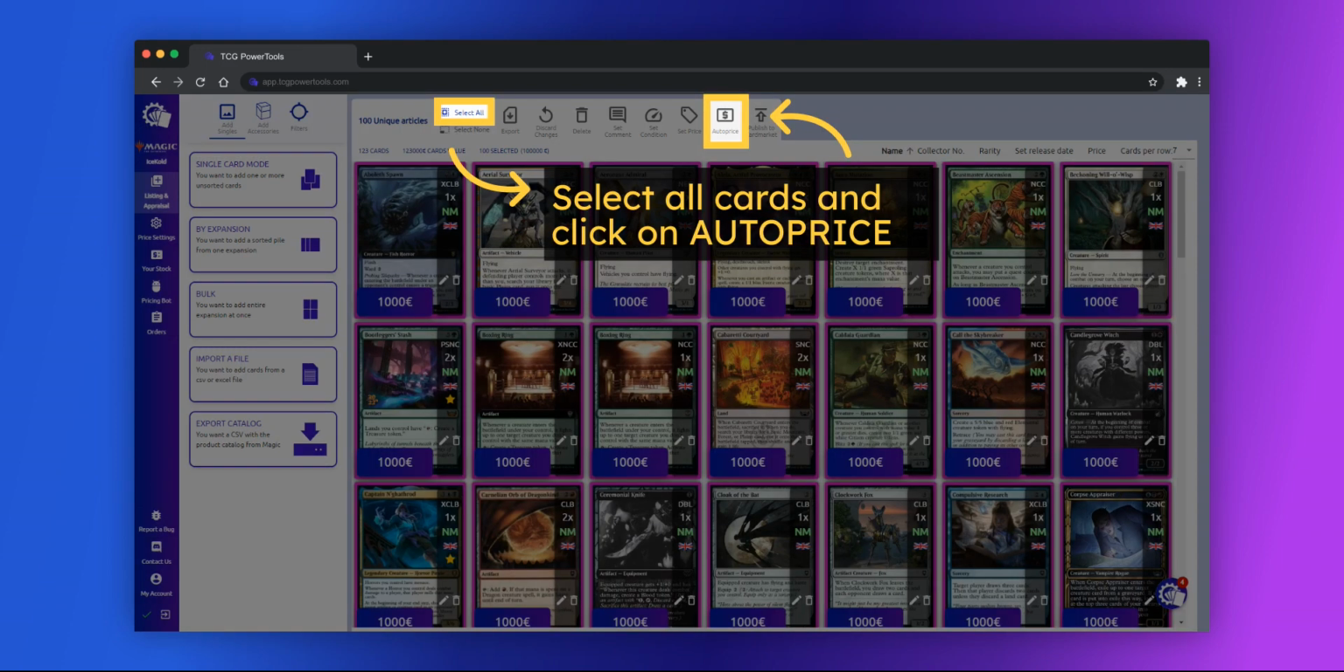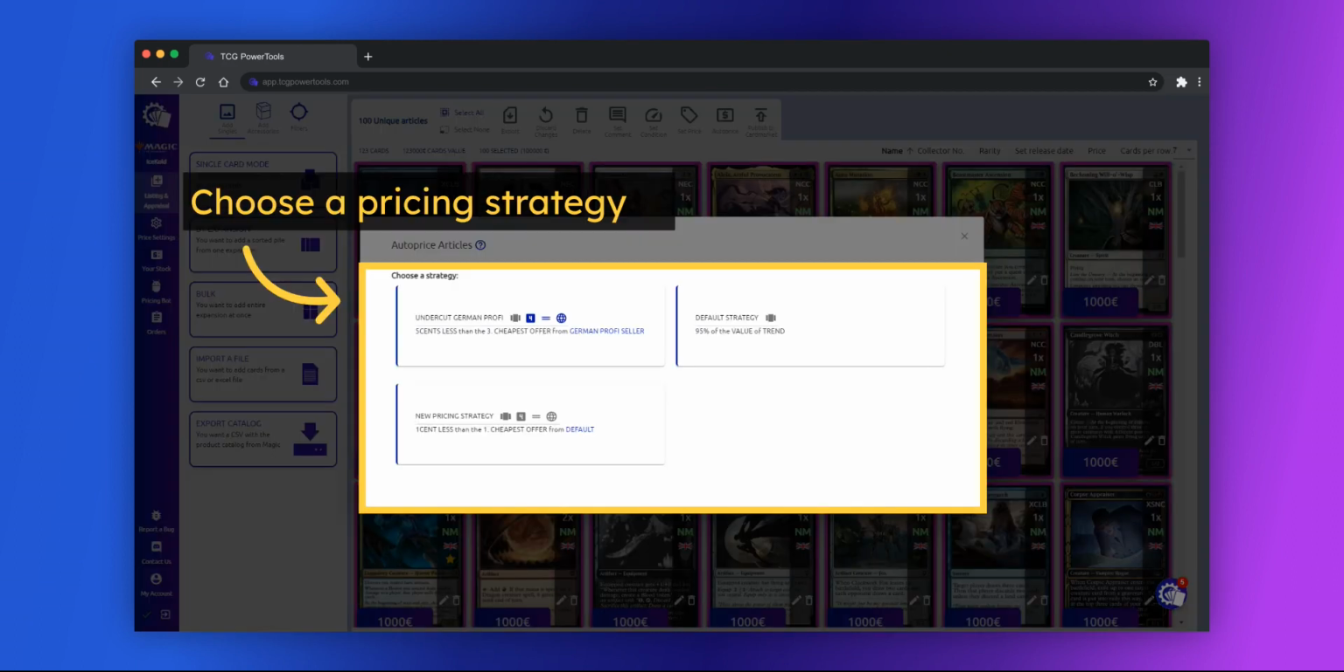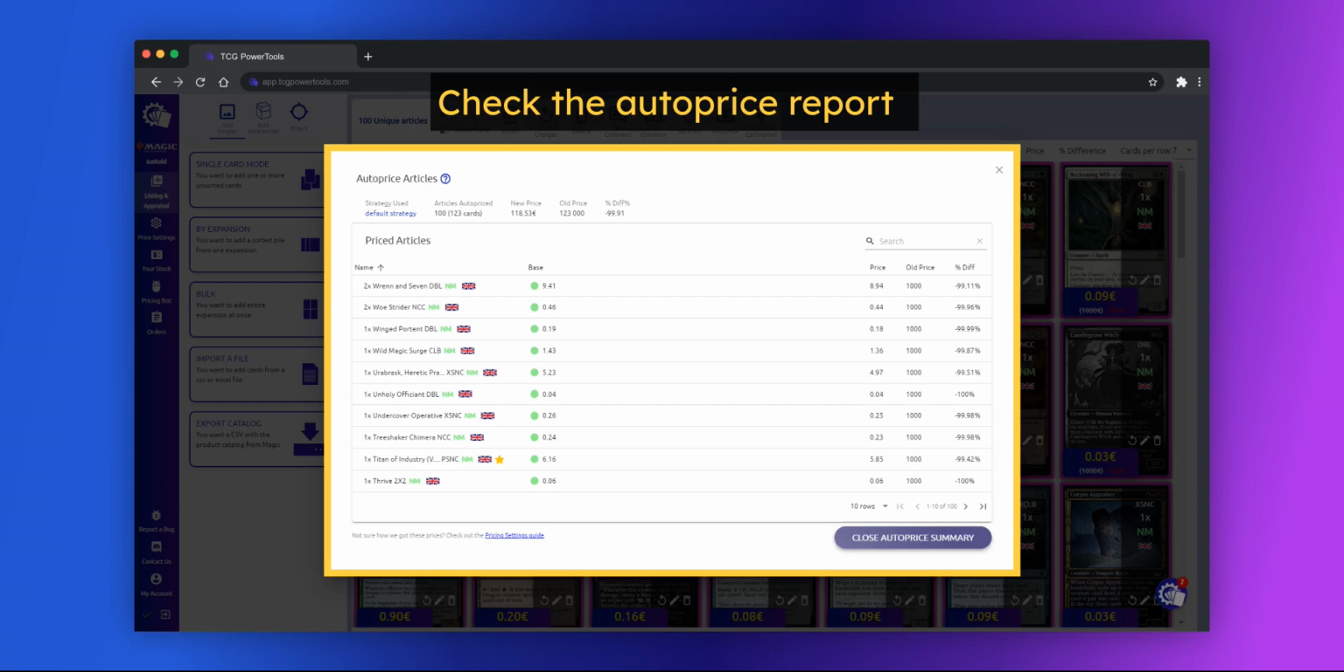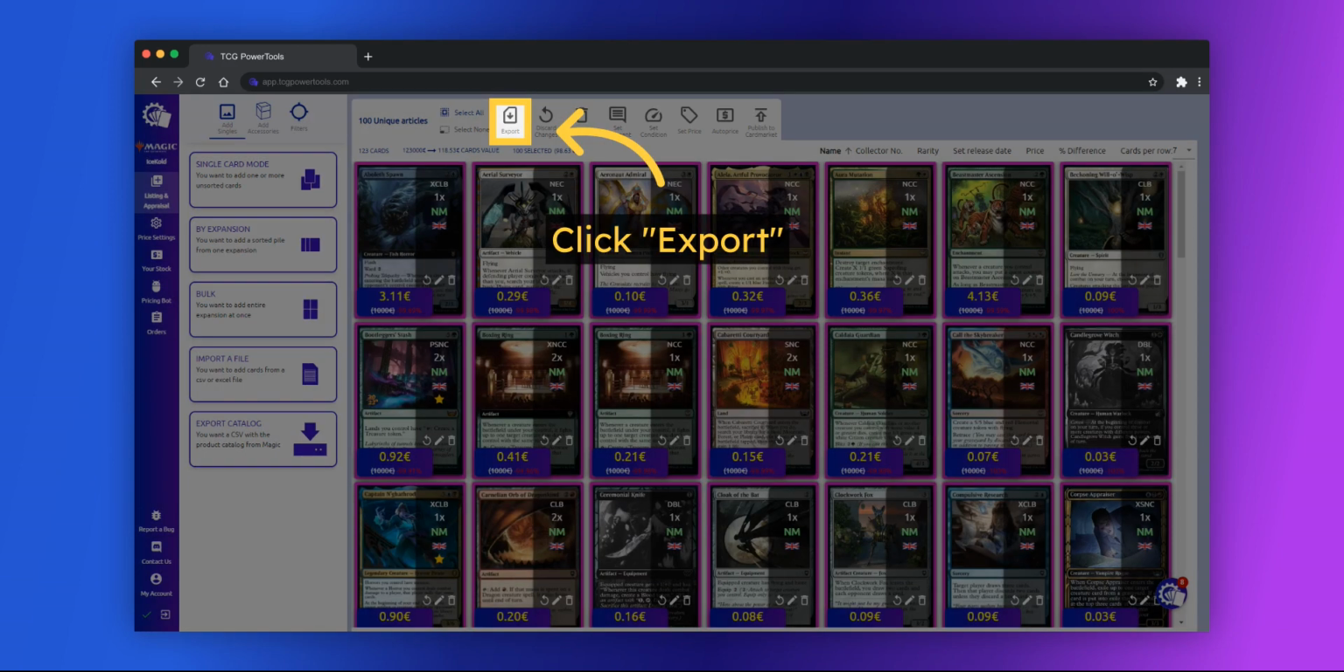Once you've got all your cards listed, select them and click on the Auto Price button. Use a pricing strategy that best matches your use case. In this view, you can check the Auto Price report. Export the listing. At this moment you are ready to go to discussion with the customer and see if you